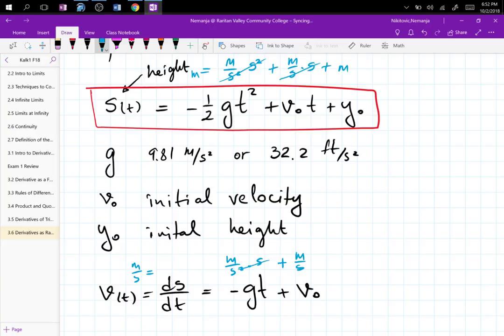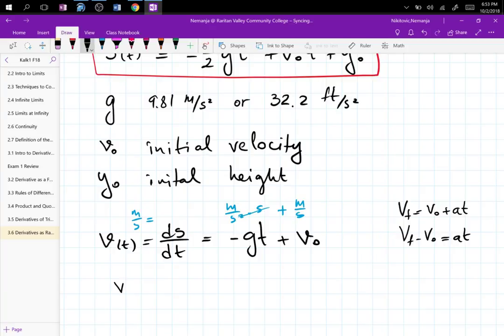Excellent. Now you're looking at this formula and saying, oh, I have to memorize that? Well, you probably already know it. The question is just which way you wrote it in physics. Sometimes you write it as velocity final is equal to velocity initial plus acceleration times time. Acceleration is gravity. Or velocity final minus velocity initial is equal to acceleration times time. You had one of these two forms. And that's exactly this formula. So now we have that velocity in time is equal to negative gt plus v0. So that's another important formula